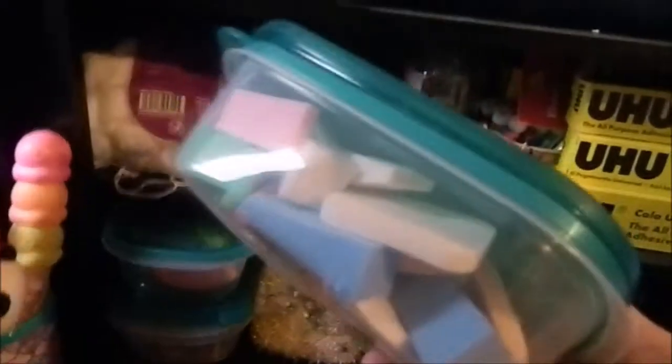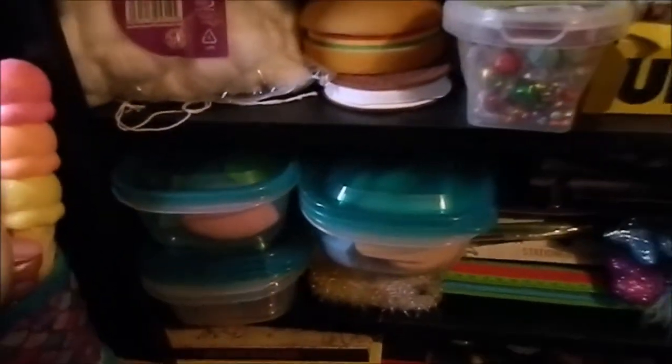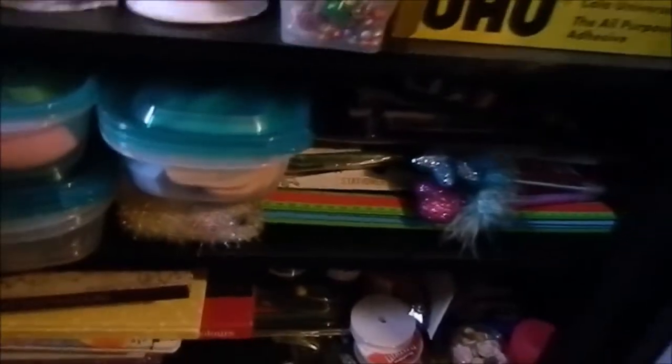And then down here I have some boxes of these makeup sponges that I also like to use for my squishies. And most of these are from the factory shop. I also have another box there as well. And then in this box here it just has some eye pins and some foam straps. I would get it out, but I don't want anything else to fall, so...